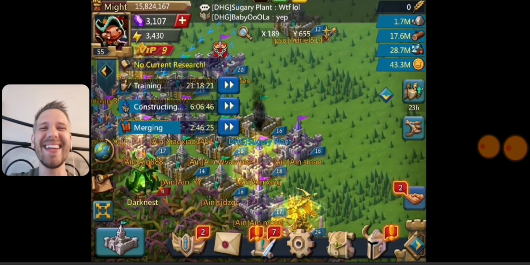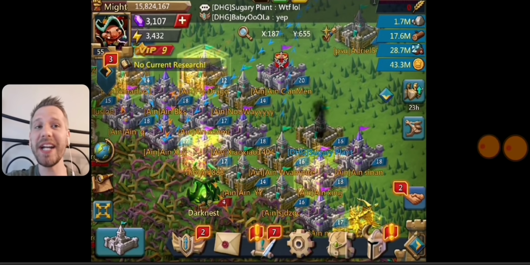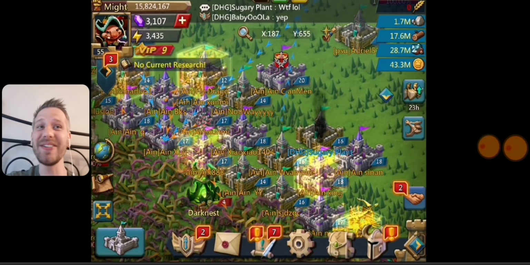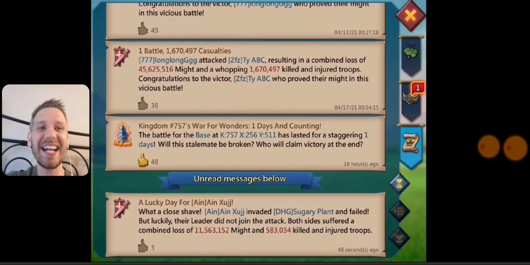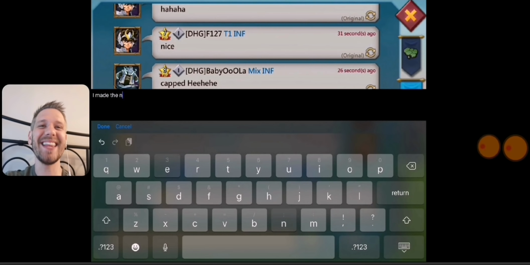Never send a rally without a leader. You're losing your stats, but then again, he might not have any war gear and he might not have war talent, so it doesn't really matter sometimes. These tiny castles aren't set up properly to attack. They don't know what they're doing, so that's why these